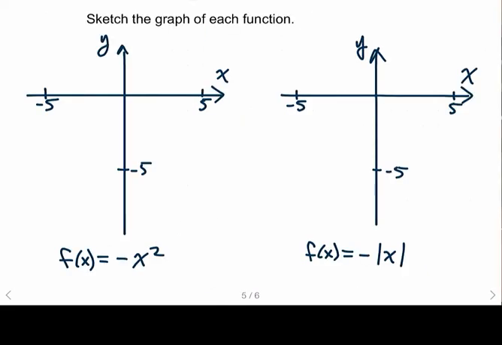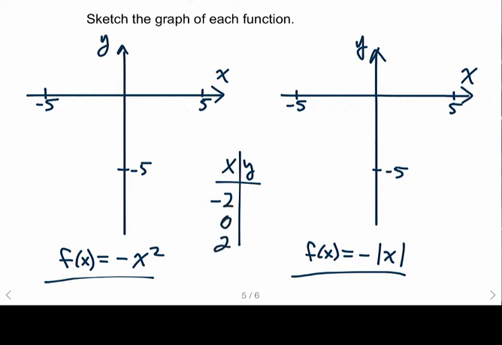On to the next. Now we look at a different type of transformation. In this case, we're asked to sketch the graph of f(x) = -x², and then follow it up with f(x) = -|x|. If we consider xy tables and inputs of, say, -2, 0, and 2, for instance, then f of, let's make